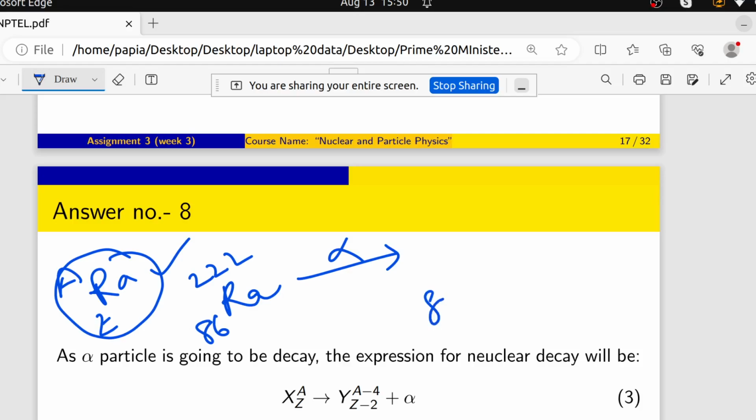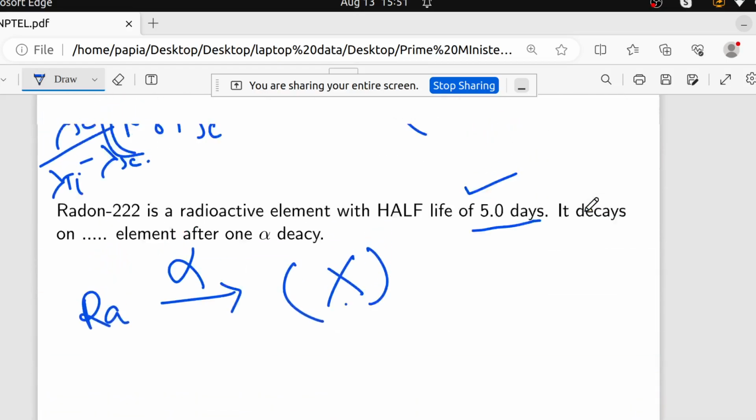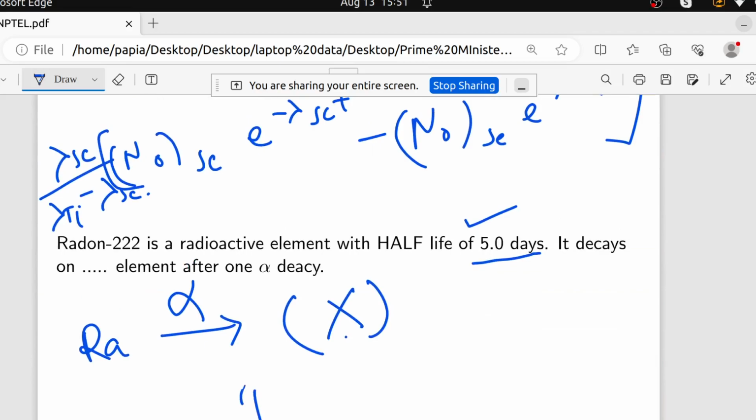So it will be 84 and 218. And which element has atomic number 84? It is Po, polonium, right? So the X value for that expression is Po 84 218,